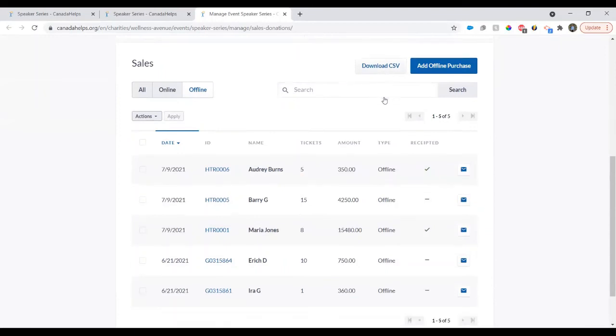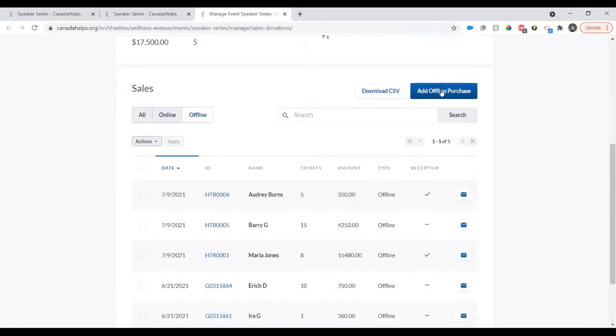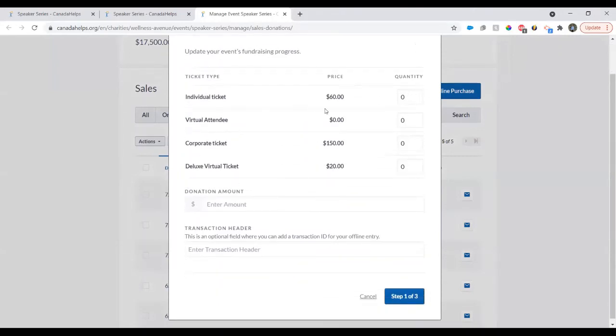We can download a CSV report of all of our ticket sales, and we can add an offline purchase if we want. So if an attendee has reached out to us and they've given us cash for their ticket purchase, then we can still account for this and it will go towards our ticket sales in the thermometer. So if somebody has purchased the deluxe virtual ticket and maybe made an additional donation of $20 on top of it,